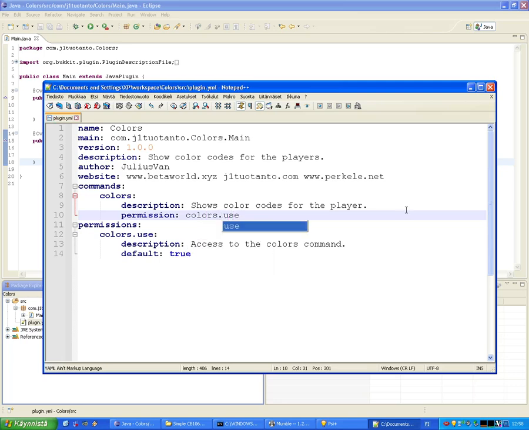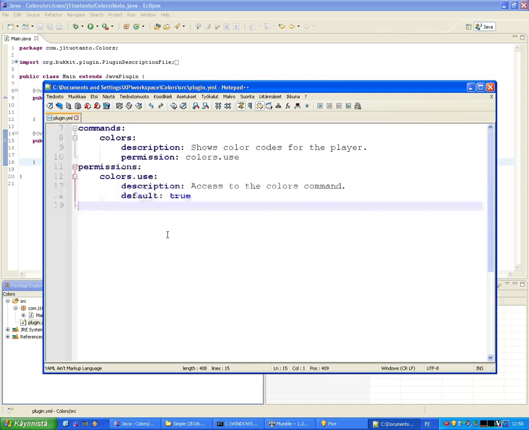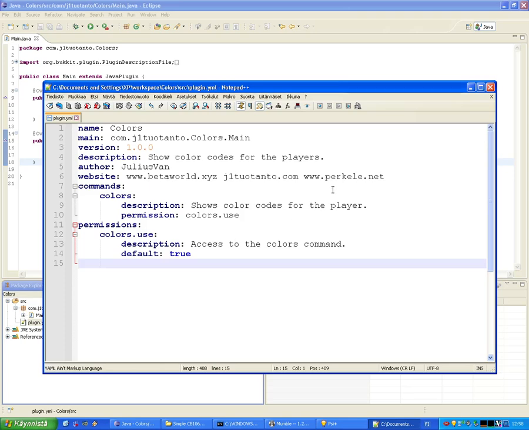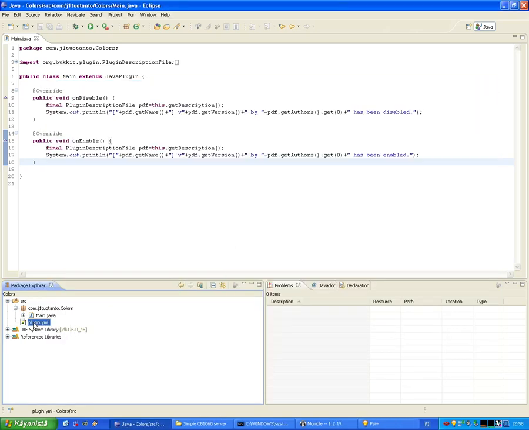colors.use. So this is our simple class. I always like to add one empty line at the end of the document, but this is basically all we have here. Nothing else required. Now we press F5 here,